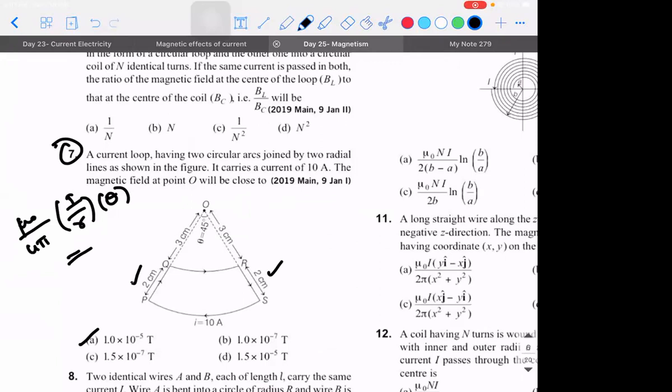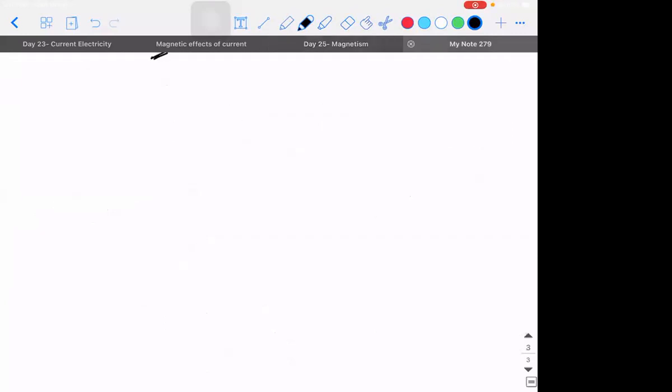You didn't take it? Due to... Not needed at all. If you don't take it also you're safe, because due to QP and RS at point O, when you extend it, it passes through point O, so they contribute nothing to the magnetic field. But the remaining two wires will contribute, first and second. Can you tell me only the radius, because I can't remember.